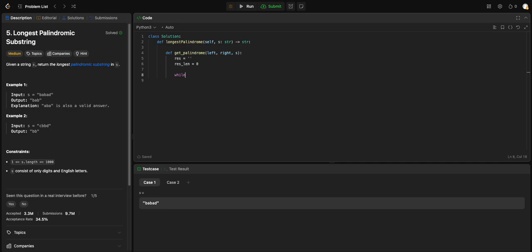So this is where we treat each point as the center and then spread it out. So while left is greater or equal to 0 and right is less than the length of s,